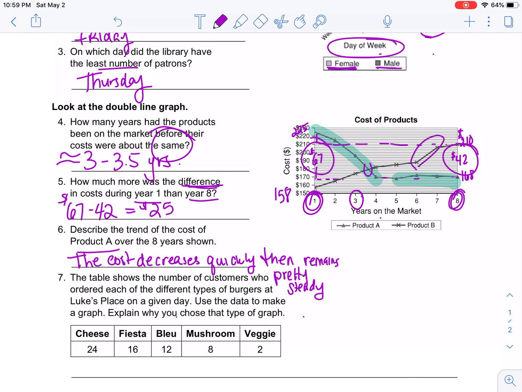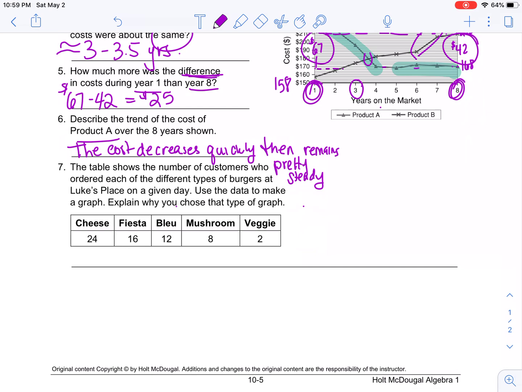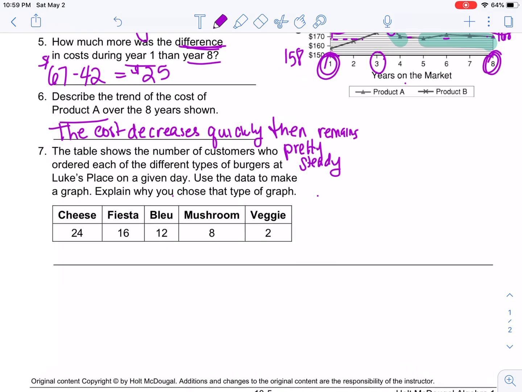And the last thing is the table shows the number of customers who ordered each of the different types of burgers at Luke's Place on a given day. Use the data to make a graph. Explain why you chose the type of graph. So once again, I'm looking here and we're going to compare each type of burger that was bought to the total amount sold. So if I'm going to compare that, I want to make a